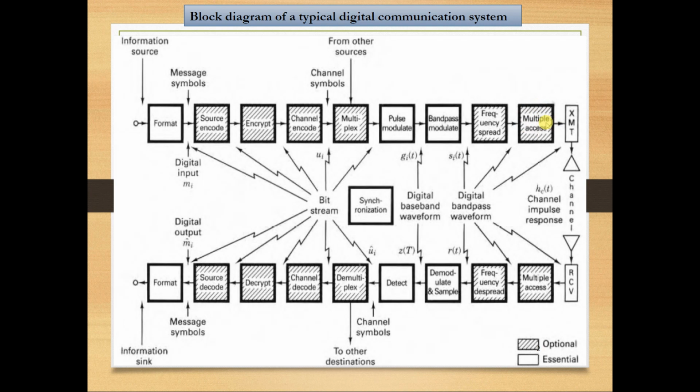So this multiple access process is very critical, very important, in order to serve more than one user simultaneously while meeting the requirements of all the users, while taking into consideration the services and the applications they are using. This is multiplexing. And then you go now to the analog circuit. Here you will have a power amplifier and some other devices, filters, and some others until you reach the antenna. And the antenna just converts your signal to an electromagnetic signal, and you just transmit it over the air,